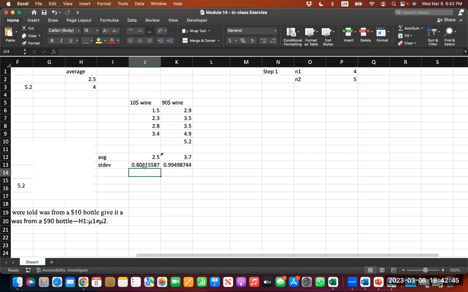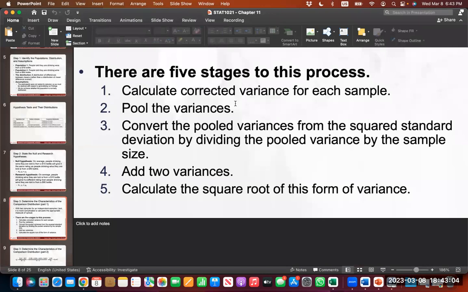in the end leads you to this distribution of differences between means is going to be affecting the accuracy and the variability of each individual mean estimate. And consequently, the variability of this comparison distribution. Therefore, we need to first calculate the variance for each sample. We need to pool the variances. We need to convert the pooled variance from a squared standard deviation by dividing the pooled variance by the sample